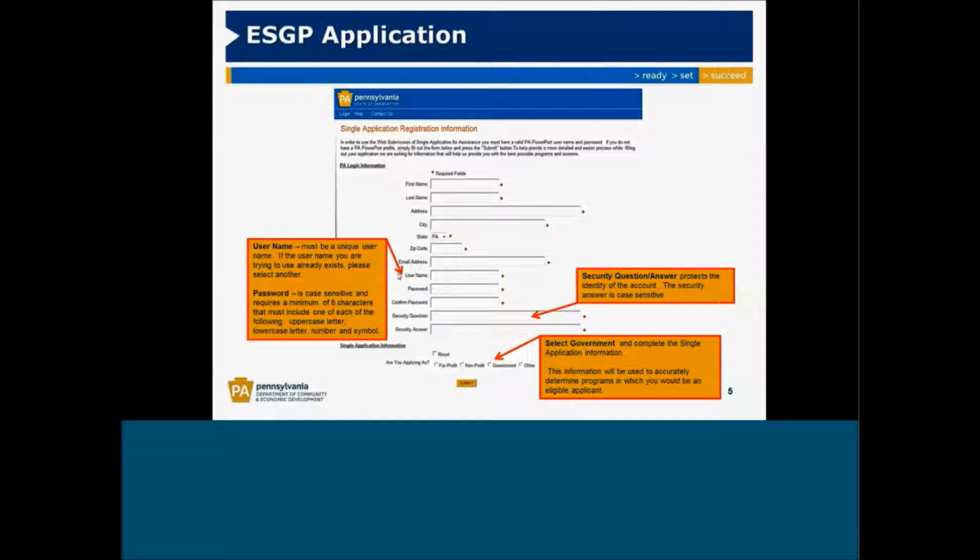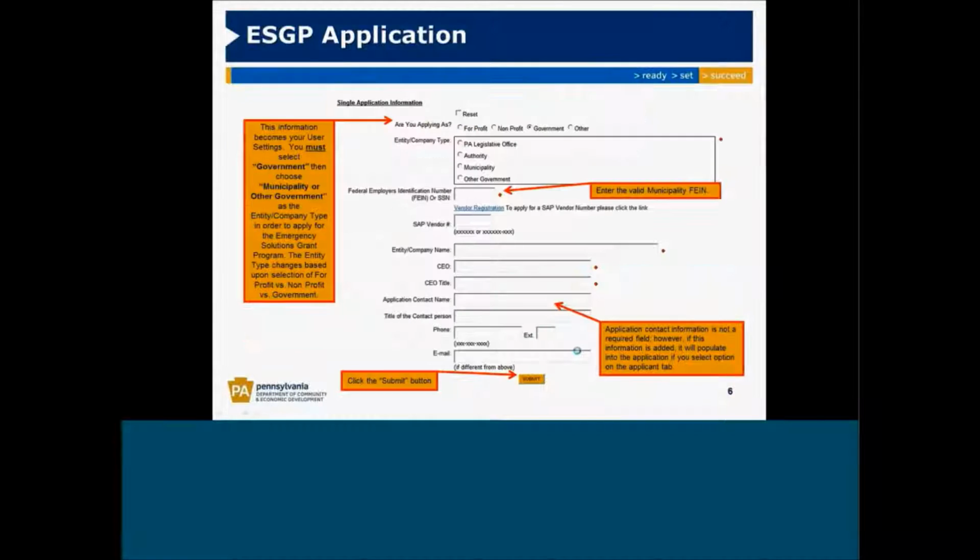Then at the bottom of the page, you want to indicate whether or not you're a government entity. For the ESG program, you must be a government entity, so you want to make sure you click that box and then click Submit. Once you click Submit, it'll take you to this next page,